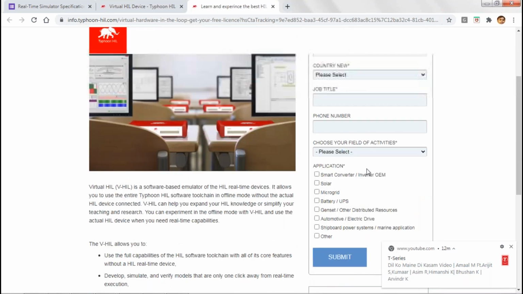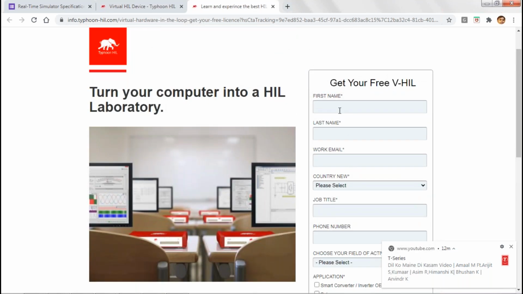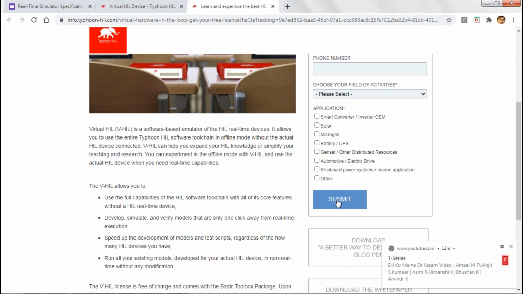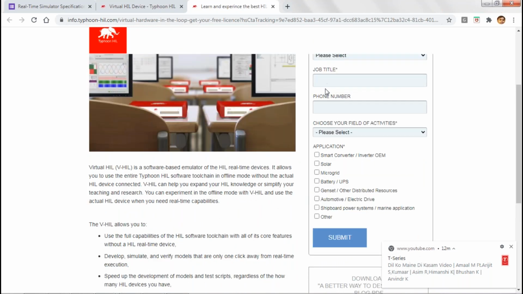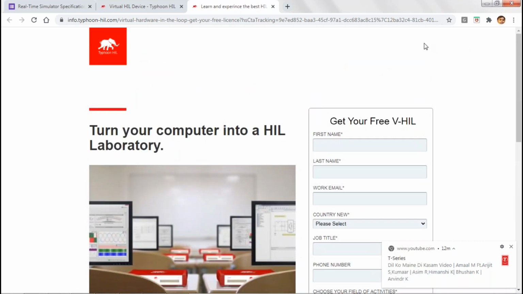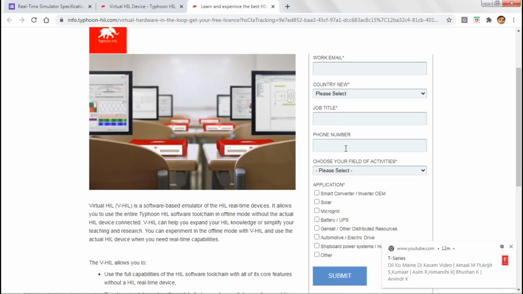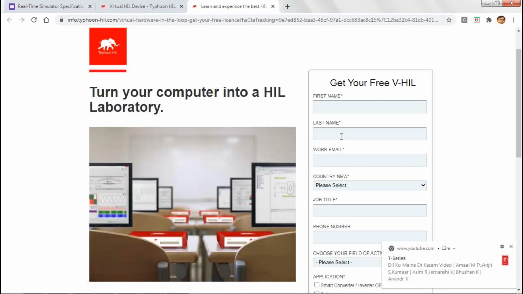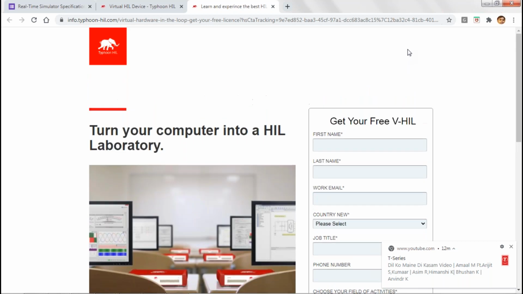Now here one sort of form will appear. Just fill in this form with your name and everything, and submit it. Put the mail ID correctly, because you will be receiving the activation key from the Typhoon HIL admin to your mail ID. When you have completed and submitted this form, then you can go to this. When you have received the activation key on the mail ID which you have provided,